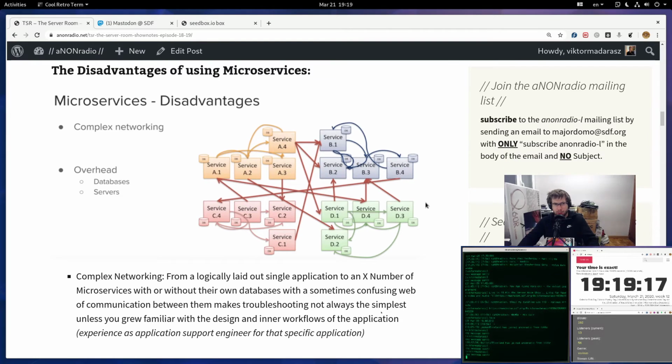So let's see the disadvantages of using microservices. There are not many, as far as you can see, for the people looking at the screen. One of them is, as you probably have guessed, complex networking. While the monolithic architecture was kind of like a tiered, layered, simple from top to bottom application or flow, the